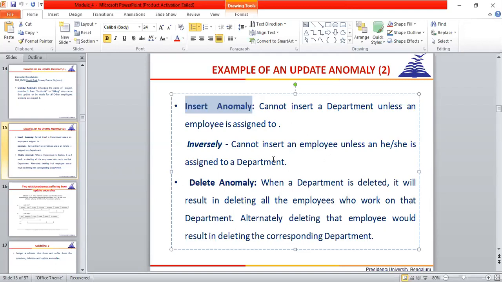In the previous example I told you, if you are keeping employee and project in one table, or employee and department in one table, then we'll face this problem. So these are the anomalies. I'm coming to another example. There are 3 more examples, you see here. In this example, I'll explain more on anomalies.